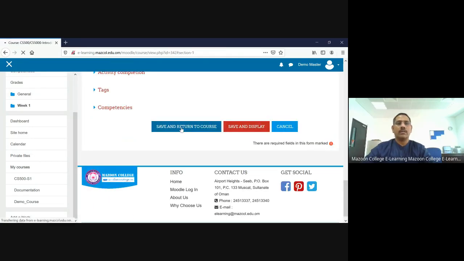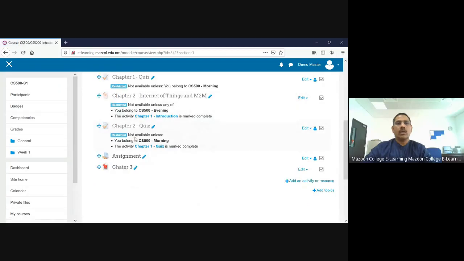Just save and go back to see. Not available unless they satisfy these two conditions. Here it was unless any of, but here both of these two are compulsory. So when you choose all and any, please use them clearly, otherwise the student will not get it.